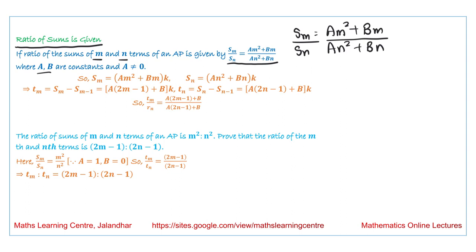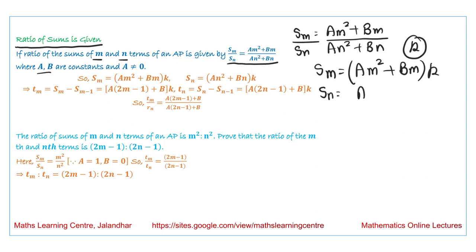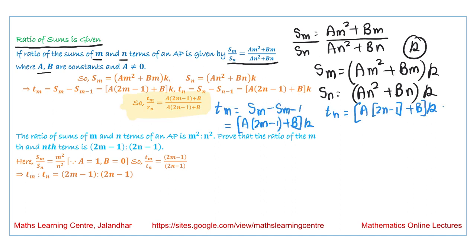Now what we obtain from this result is that for some constant k, Sm is equal to (am square plus bm) into k, and Sn is equal to (an square plus bn) into k. Now if we want to calculate